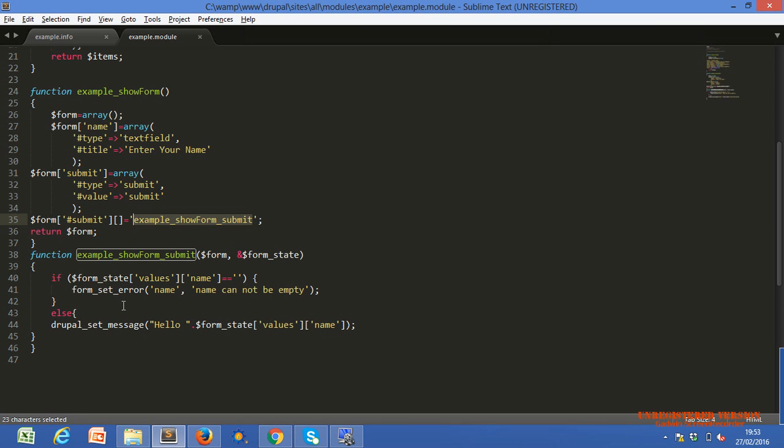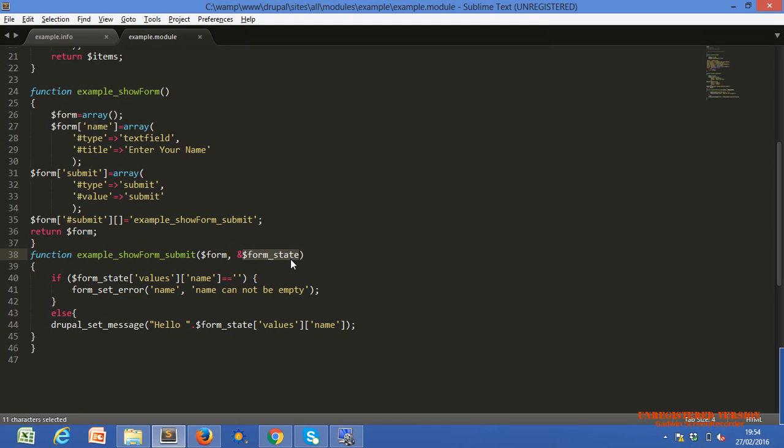Okay, and we just write some conditions. Form state, it will take two arguments. The first one is form. Within the form we have our text boxes, and the second one is state. In the form state, same as you can say the get and post, dollar underscore post. Why do we use dollar underscore post? To catch the information within that particular form, the input tags' values. So this is the second argument.